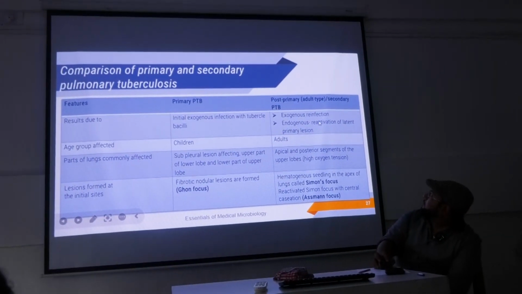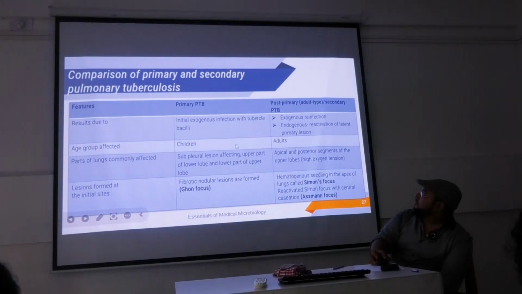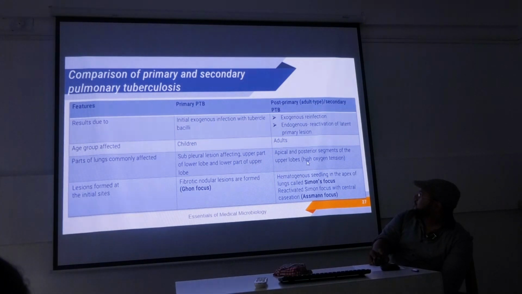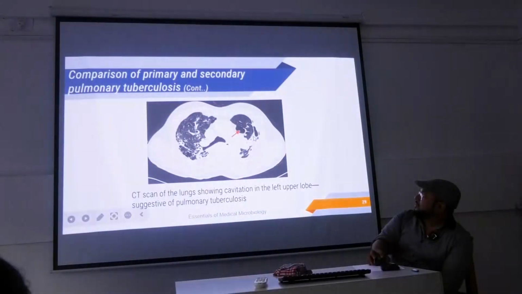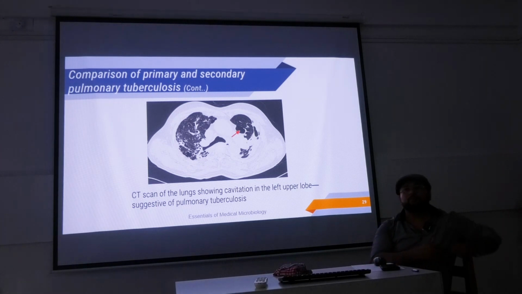পোস্ট প্রাইমারি বা অ্যাডাল্ট টাইপ হচ্ছে এক্সোজেনাস রিইনফেকশনস আর এন্ডোজেনাস রিঅ্যাক্টিভেশনস। মানে এজ গ্রুপ হচ্ছে চিলড্রেনদের হয়, পোস্ট প্রাইমারি হচ্ছে অ্যাডাল্টদের হয়, সাবপ্লুরাল লিশনস এফেক্টিং আপার। এটা কিন্তু সব পালমোনারি টিবির ক্লাসিফিকেশনস, আপার পার্ট অফ লোয়ার লোব অ্যান্ড লোয়ার পার্ট অফ দ্য আপার লোব, অ্যাপিক্যাল অ্যান্ড পোস্টেরিয়র সেগমেন্ট অফ দ্য আপার লোব। ছেড়ে দে, এত ইম্পর্ট্যান্ট এগুলো লাগবে না, জাস্ট বেসিক জিনিসটা রাখলেই হবে। হ্যাঁ, চেস্ট এক্সরে ডেফিনেটলি করে, চেস্ট এক্সরে আপার লোবে বললাম